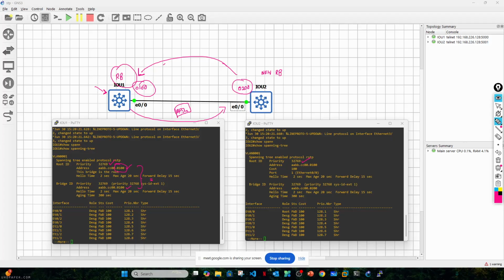So there's a theoretical part. Every non-root bridge has a root forward port. That means whatever traffic is coming from below will all be forwarded through this interface to the root bridge. But the root bridge is not sending any other traffic types to the non-root bridge, because this is the main switch and it forwards all the traffic to the